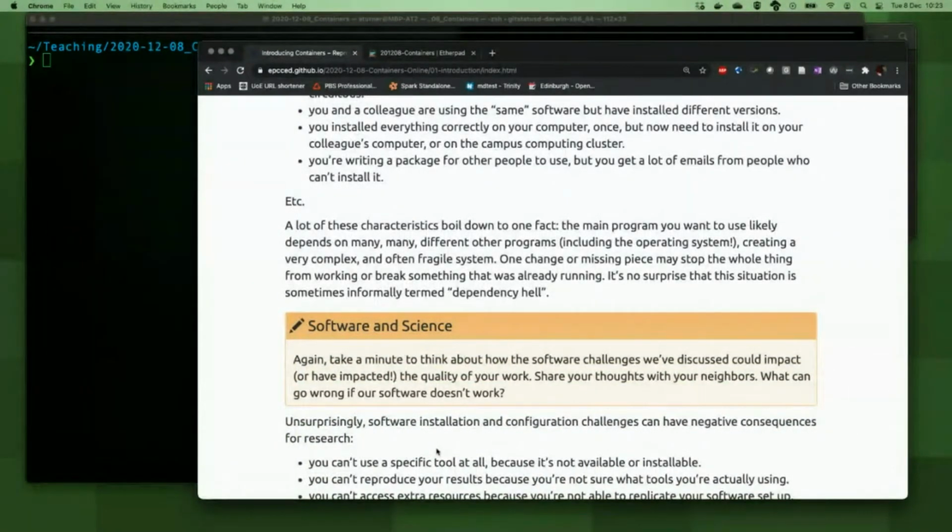There's a sort of exercise here, but I'm just going to skip it. As you can imagine, particularly when we're doing science or research of any sort, actually, not just scientific research, but research in arts or humanities and other fields, this has a concrete impact on the quality of work that people are able to do, because they spend lots of time dealing with software installations rather than actually doing their research. Also on the quality of how we can share and collaborate around our research, and how we can actually reproduce